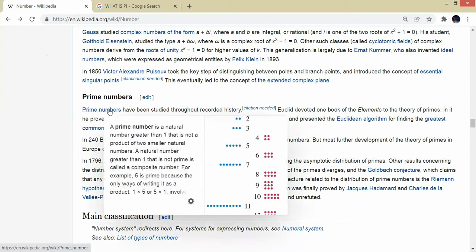So prime numbers are those numbers which are greater than 1 that is not a product of two smaller natural numbers, two smaller unique, you can say unique. Suppose we have 2, then 2 can be written as a product of two smaller natural numbers,